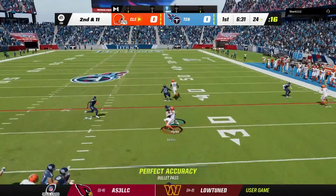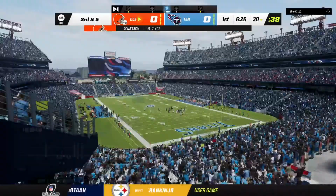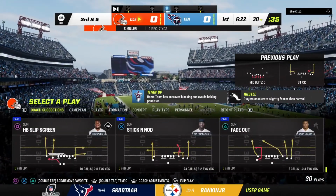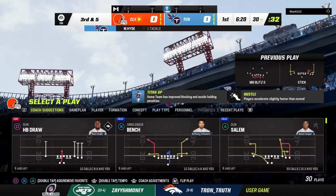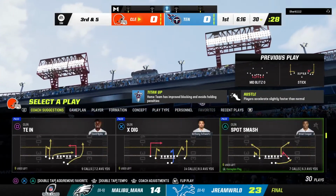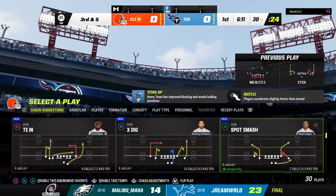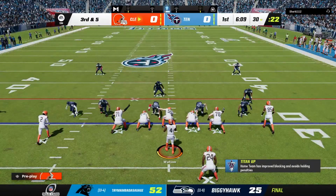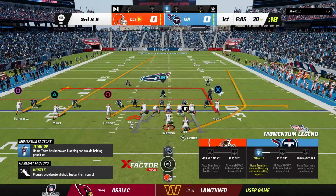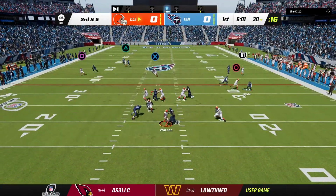Back to throw, Watson. This one complete to Scott Miller. And this will go as a gain of 7 as he gets it to the 30-yard line. An ex-teammate used to tell me all the time, I hate experienced quarterbacks because no matter what, you really can't hide what you're doing. And I think that right there, he knew right away where the blitz was coming from, where his primary guy was going to be, and he ended up going to a secondary target for a nice game. I was just going to ask you, that wasn't the primary target, and he's so good at that, isn't he? I think he knew right away that he wasn't going to get to his primary guy. I think he read that as soon as he got to the...